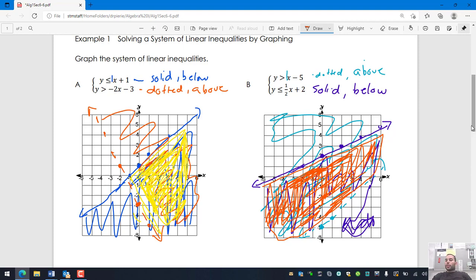So super important, try to use colors. Try to stay a little bit more organized. It's a little bit more difficult on the electronic version because it doesn't blend as nicely. But shade lightly so you can clearly see where your sectors or where your shade